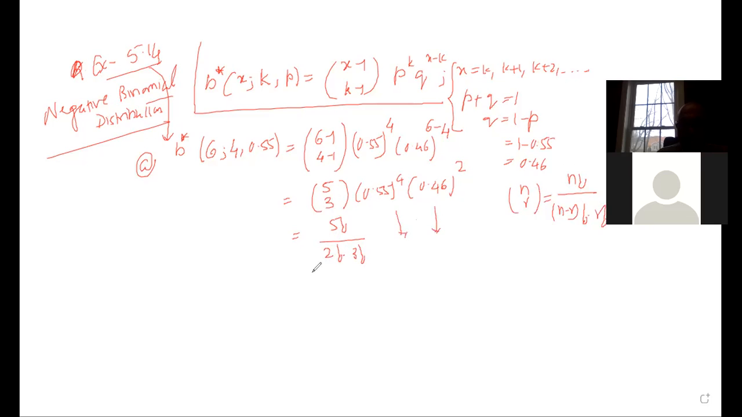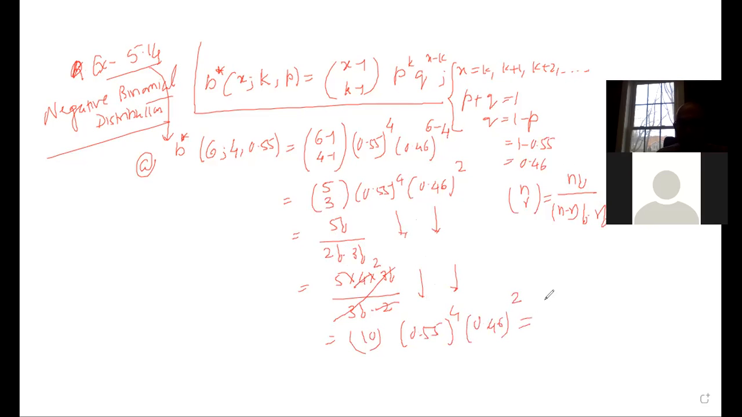And this will be as it is. And that is equal to 5 factorial, which can be written as 5 into 4 into 3 factorial, divided by 3 factorial and 2 factorial. This 3 factorial will get cancelled out. 2 factorial is 2, and here it is 2. So 5 2s are 10. So this is 10. Multiply 10 by 0.55 to the power 4 and 0.46